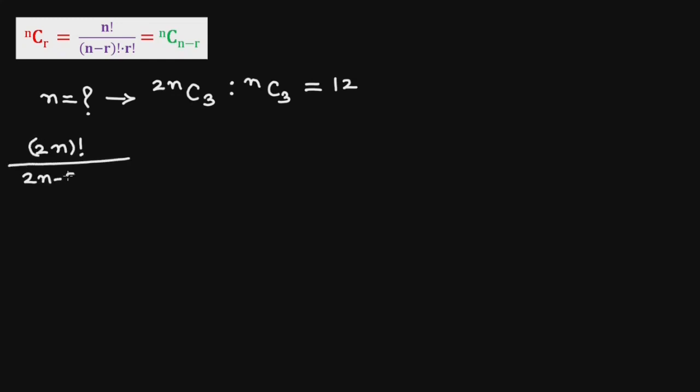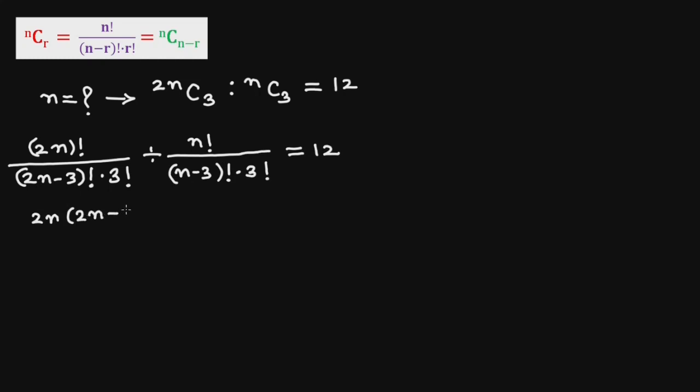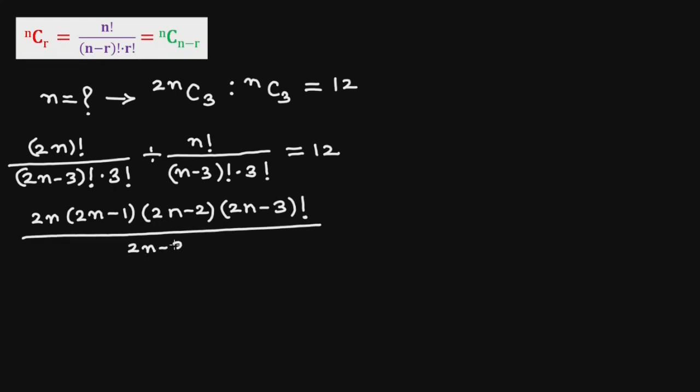We have to determine n if 2nC3 upon nC3 equals 12. 2nC3 will be 2n factorial upon 2n minus 3 factorial into 3 factorial divided by n factorial upon n minus 3 factorial into 3 factorial equals 12. We write 2n factorial as 2n into 2n minus 1 into 2n minus 2 into 2n minus 3 factorial, because we have 2n minus 3 factorial in the denominator, upon 2n minus 3 factorial into 3 factorial, multiplied by the reciprocal of the second part, n minus 3 factorial into 3 factorial upon